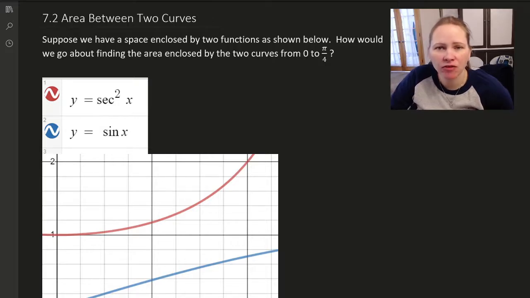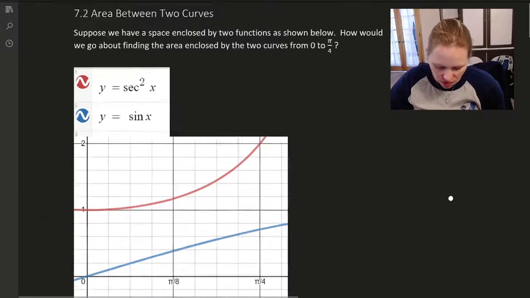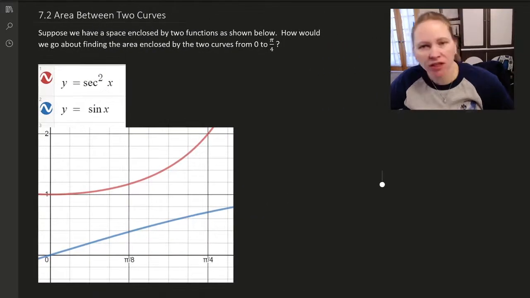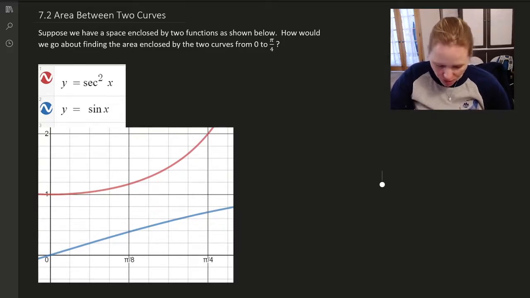Today we're going to talk about how to find the area trapped between two curves. Now we should already be familiar with the idea that the area under a curve is found by integration. And so if we consider the two curves that I have here, and we wanted to find the area trapped between them from 0 to pi over 4, we want to remember that